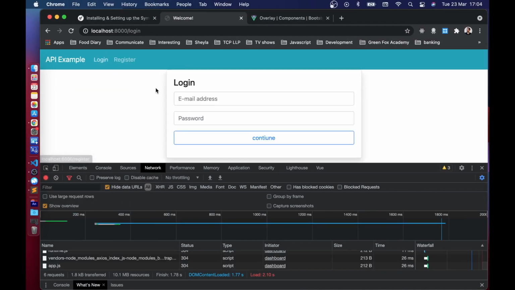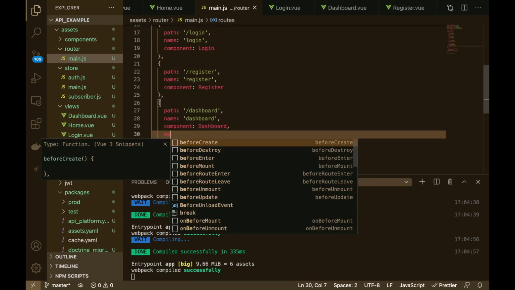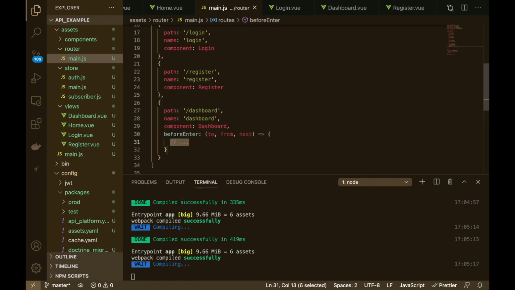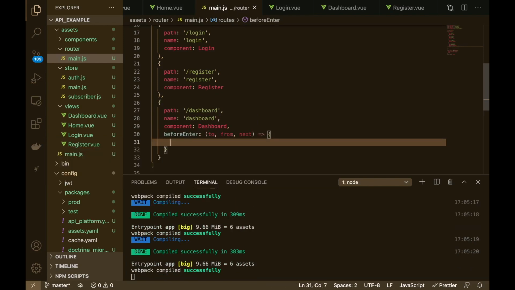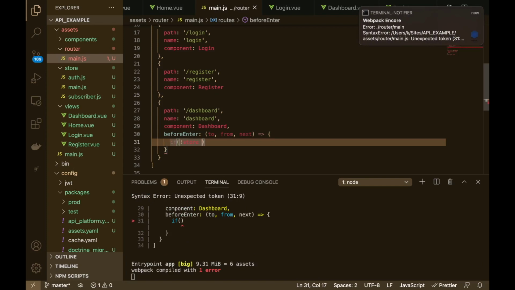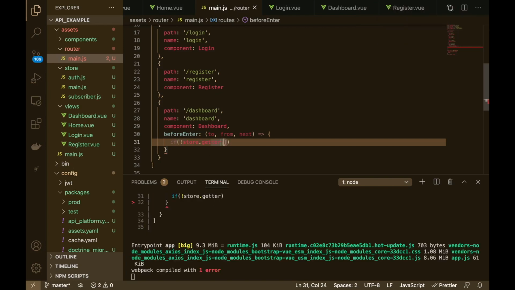And that's a problem. So we can do that in here. We can add something called before enter, like so. And basically what this is doing is, before you go to this endpoint, we can do some stuff in here. So first off, what we want to do is we want to say, well, if there is no store, and we'll just say getter, and then an array auth